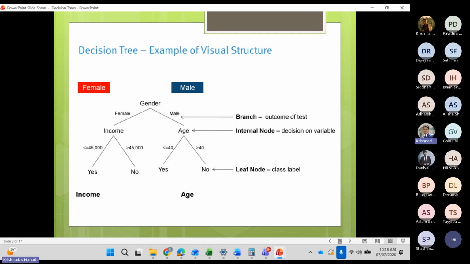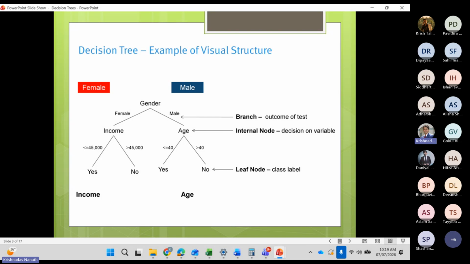The second way, and let me ask you this question. Out of gender, income, and age, which one do you think decision tree considers as a more important variable? Gender. Wherever the tree starts with splitting, and this is all mathematics, by the way. So how does it choose gender as the top variable? Because you did not say gender is 1, income will come later, age will come later. You never said that. You gave everything: gender, income, age. But it started with gender as the top variable.